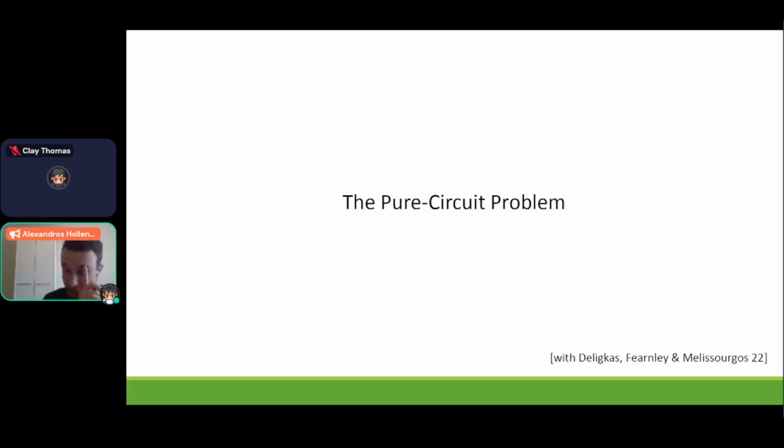So now I'm going to define what this problem is. I'll try to go pretty slowly. I'll make a pause for questions at the end of the definition and after the examples. And then we'll look at an application of how to use this problem to prove an actual hardness result. Okay, that's the roadmap for the rest of the tutorial.